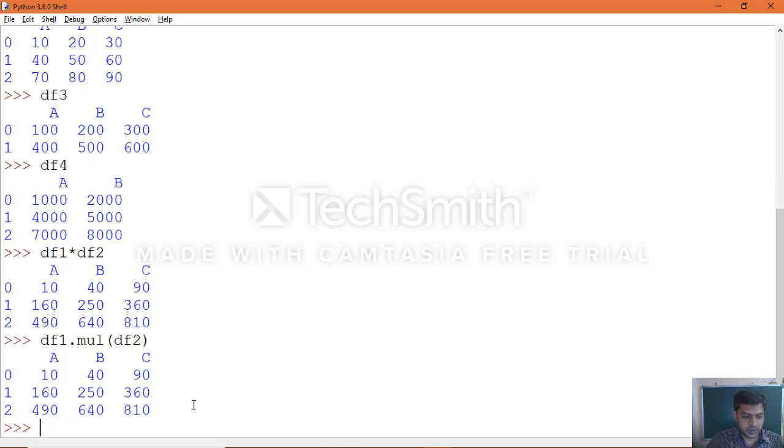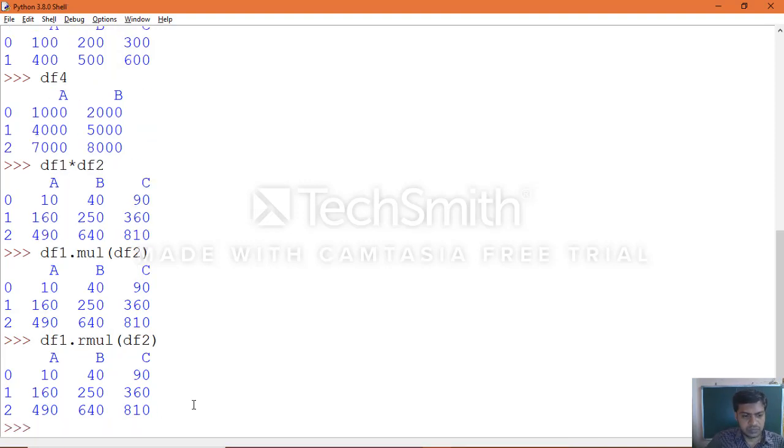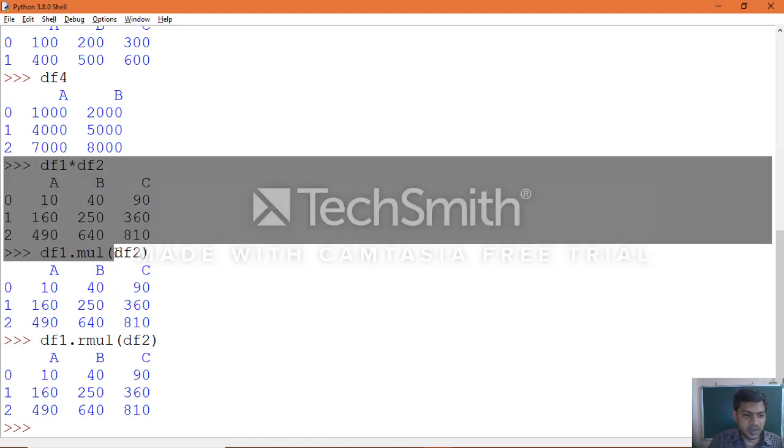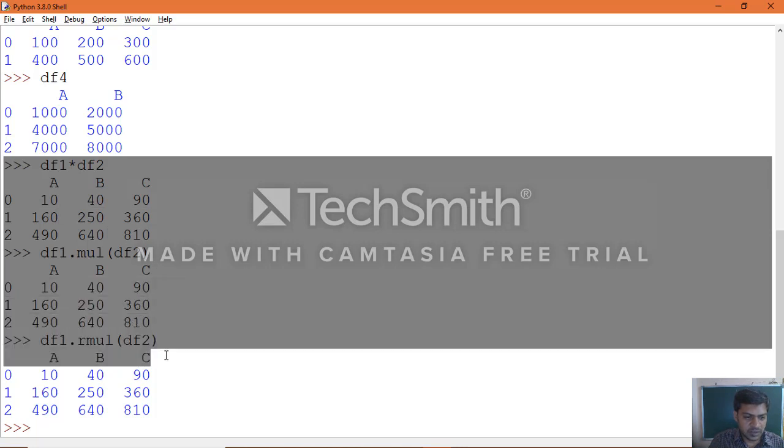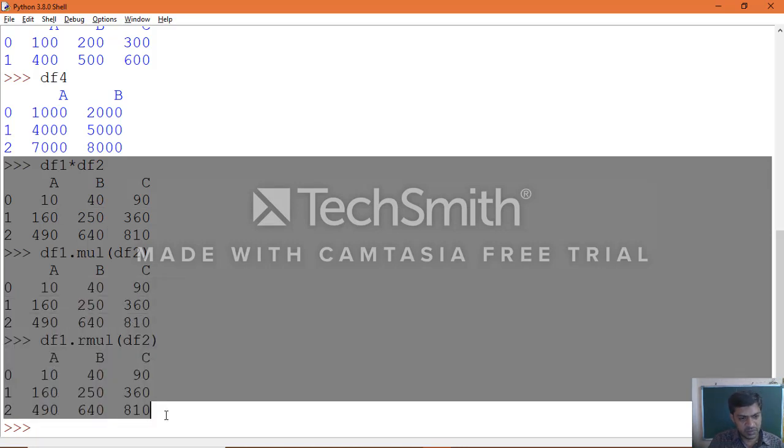Same way, you can perform it by using the function reverse multiplication, rmul, of df2. Just look at all 3 which we executed: normal multiplication, the mul function, and the rmul function. All 3 statements give you the same result.